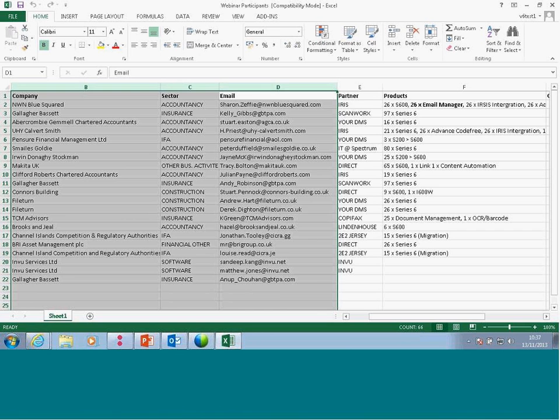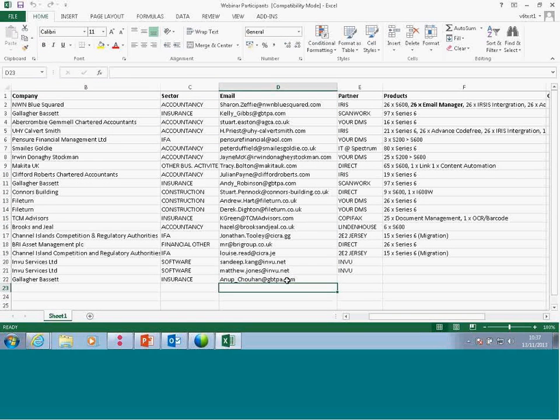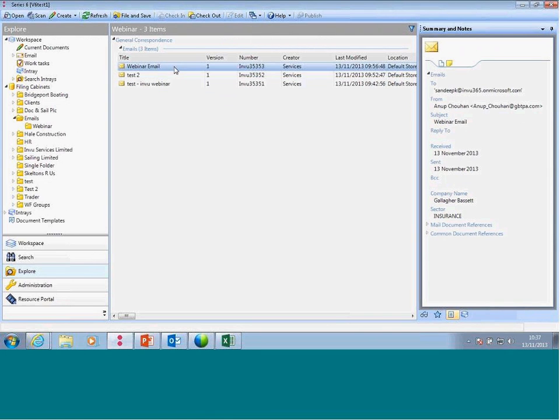For Anoop's email, for example, the one at the bottom, I configured Email Manager to say, where the from address is Anoop, I want it filed in Invu, and I want to know the sector and the company. If we go to Anoop's email here, we can see that it came from Anoop to me. The subject was webinar email, the company name is Gallagher Bassett, and the sector is insurance. I pulled all that information off the spreadsheet by just using one bit of information, which was the email address. I've used the email address, but any bit of metadata or information on the emails itself can be used